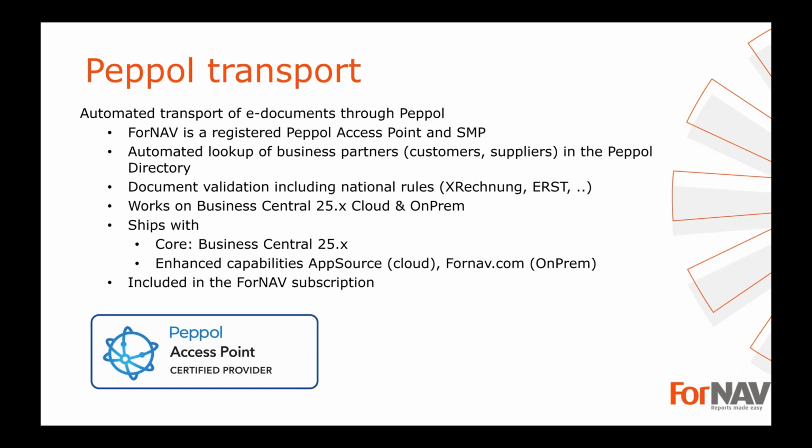But that said, Microsoft will not allow us to ship the enhanced capabilities where we enhance the rest of the Business Central app. So that will be in a separate app that will be on AppSource or come from the 4NAV website. So if you just need the core capabilities, you'll get them from Microsoft. There'll be a drop down inside Business Central where you can choose 4NAV and work with that. And if you want the rest, and I can guarantee you we want that, you can just get it from our website. They are compatible with both solutions. And again, this is all included in the 4NAV subscription and very cost efficient.